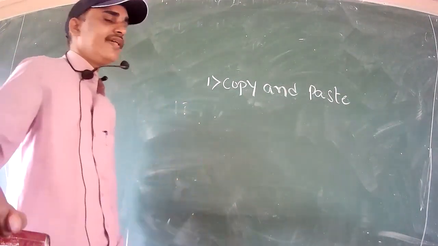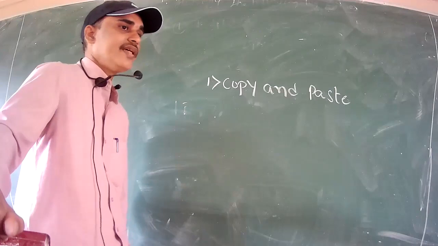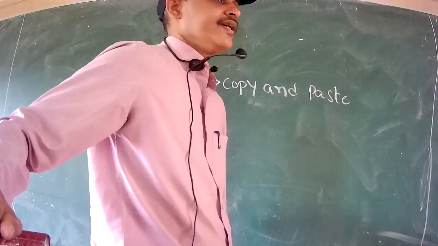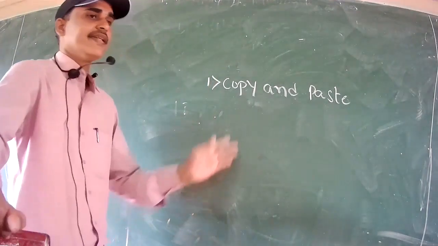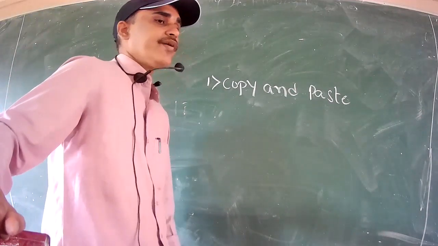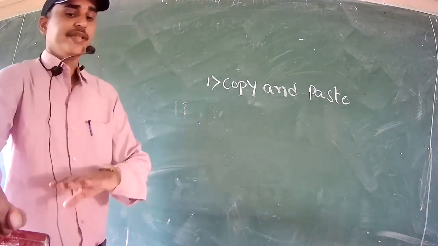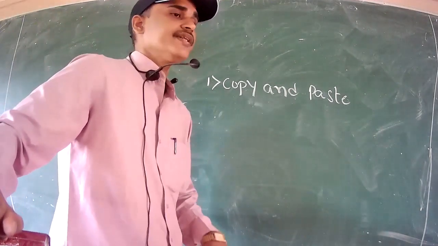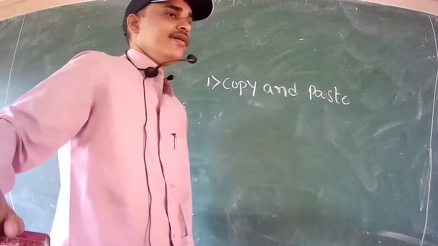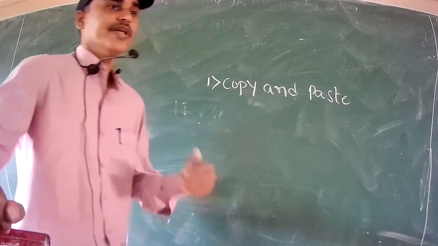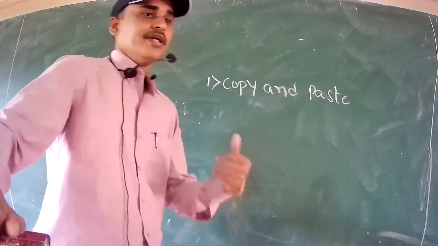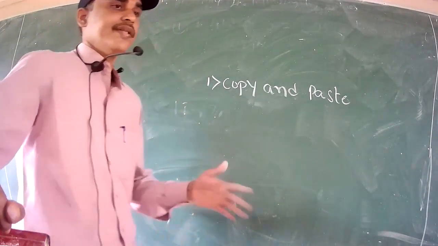But this method has some disadvantages. What is that? Once the information is transferred from one file to another file, in this case from Excel to Word, there is no link between Microsoft Excel and Microsoft Word. If you make any changes to that information in the MS Excel file, those changes will not be reflected in the MS Word file. After the task is completed, there is no link between the source and destination files. If you do any modifications, those modifications will not be reflected in the other file.